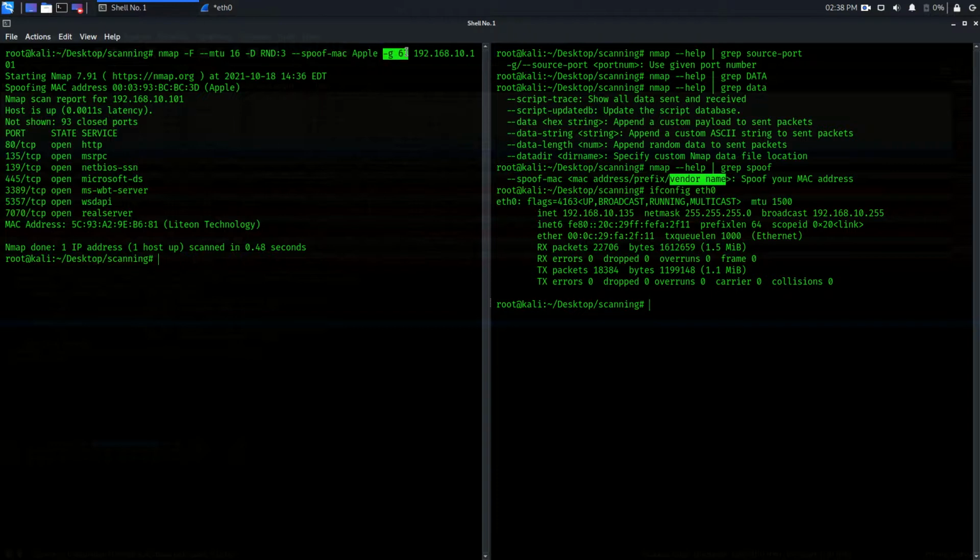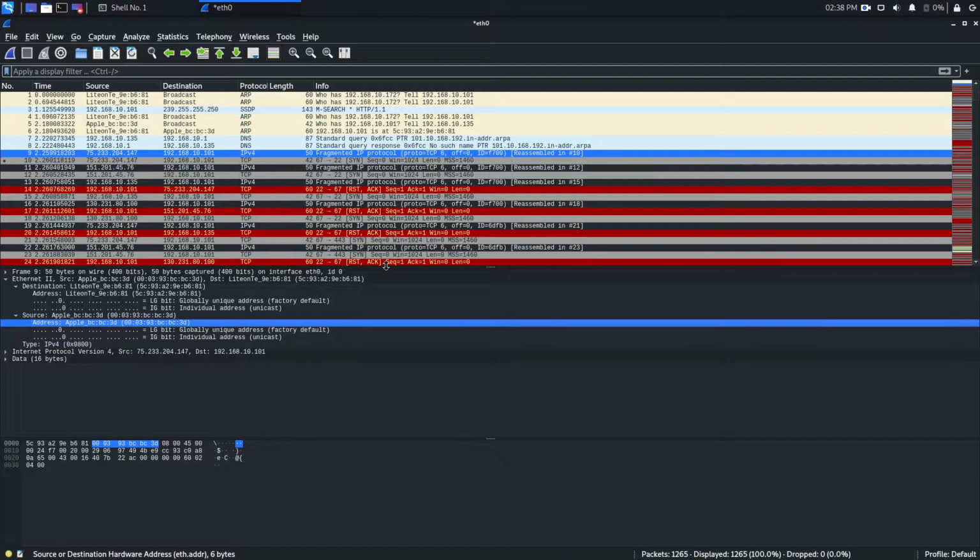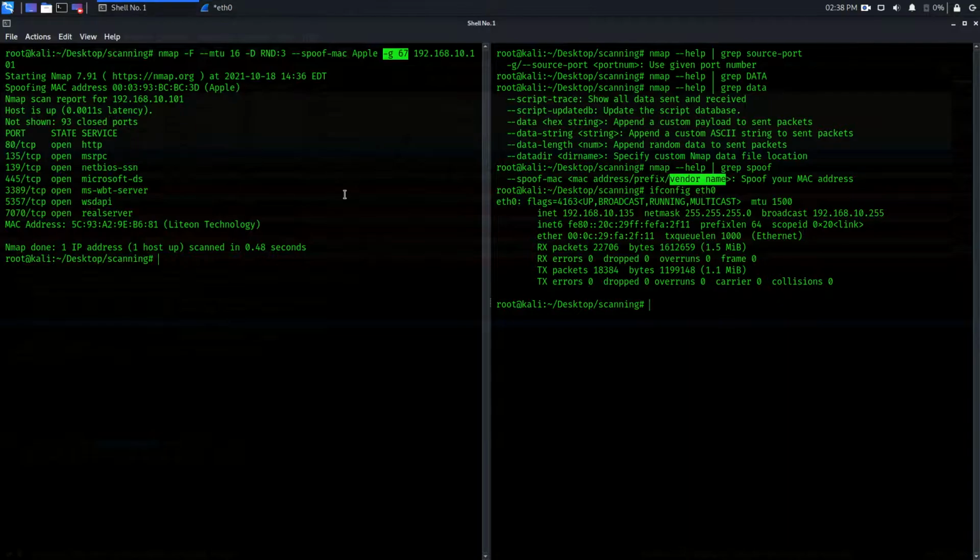Another thing we use, we spoof the source port. By default, Nmap is not going to scan with a standard source port. Like Nmap is not going to scan the target with port number 80 or 443 or 67. It will always choose some non-standard port, 37,000 something, 25,000 something. So now we choose the port. Which port do we choose? 67.